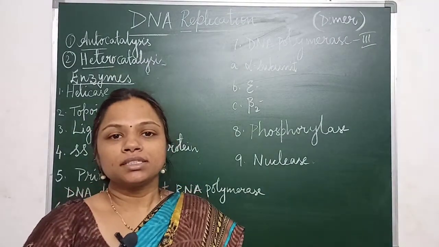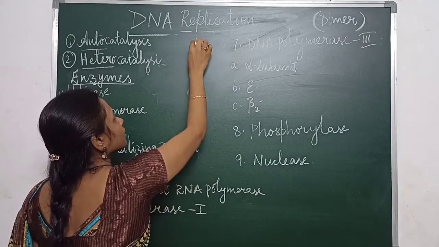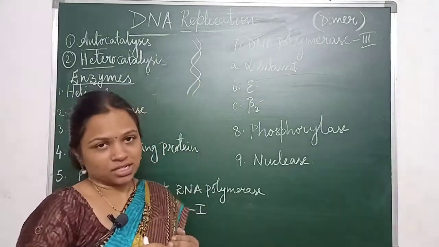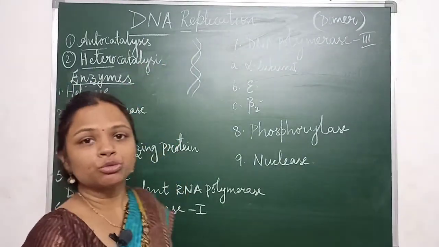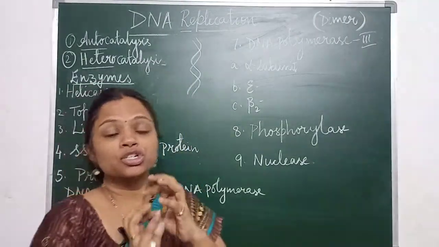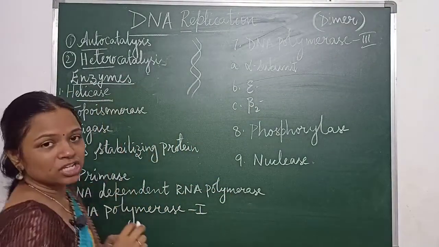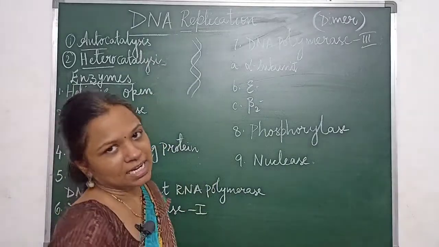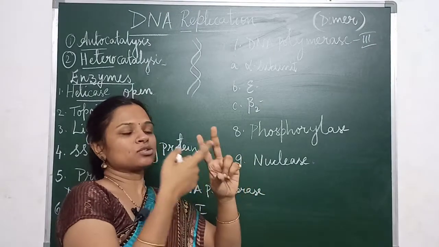We know that the DNA is a double helical model, and it is in a highly coiled state. Now, for the process of replication to take place, for the daughter DNA to be produced, this highly coiled structure should unwind. For that particular process, this helicase actually helps. So it helps in the opening of that particular helix, right? If we just imagine this as the helix, then it has to open down.